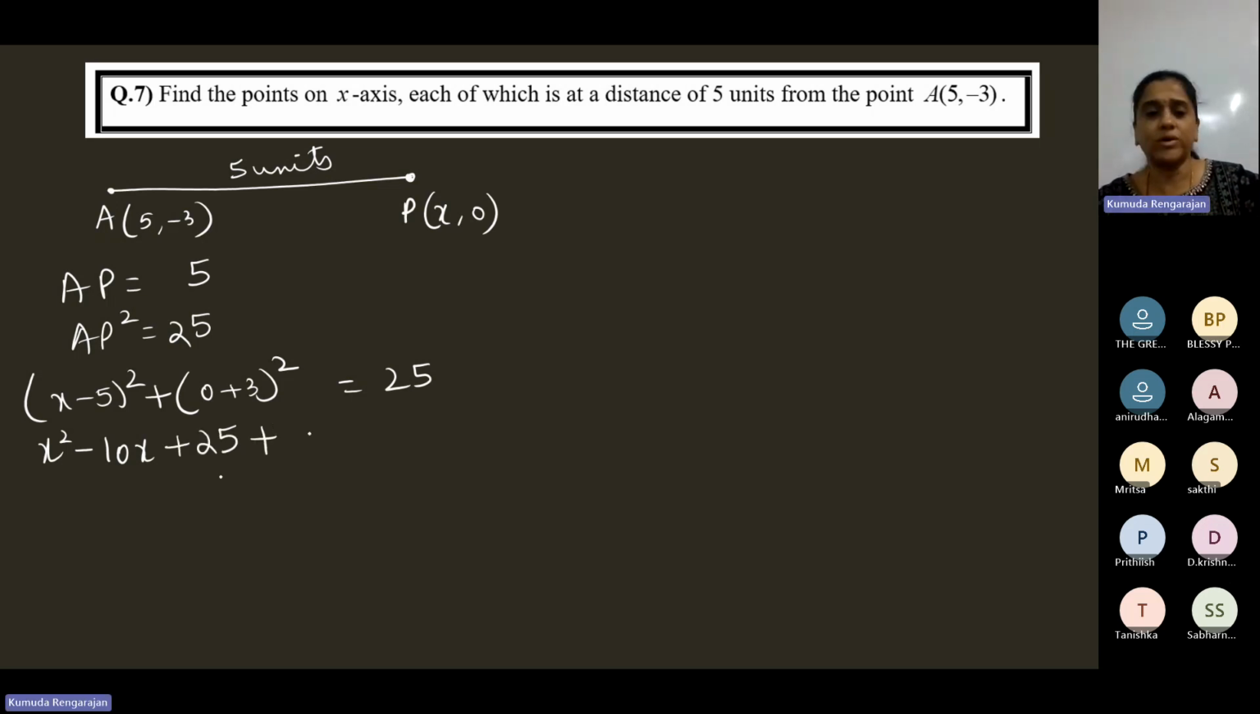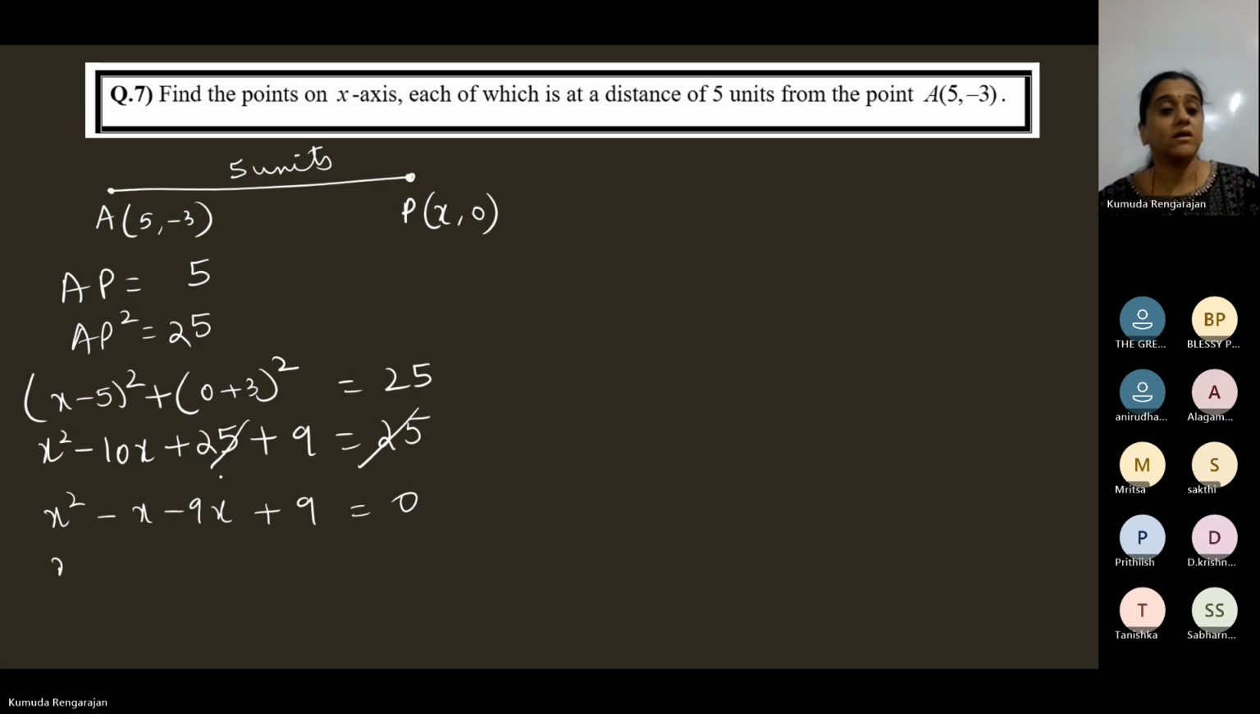Plus 3 squared is 9. 0 plus 3 is 3 and 3 squared is 9. This is equal to 25. So 25 on either side will get cancelled. So now this is x squared minus